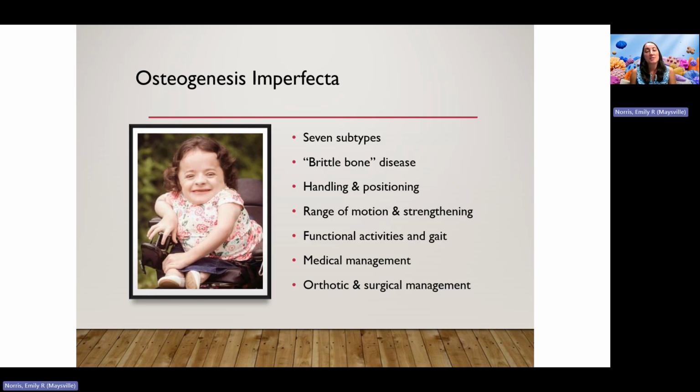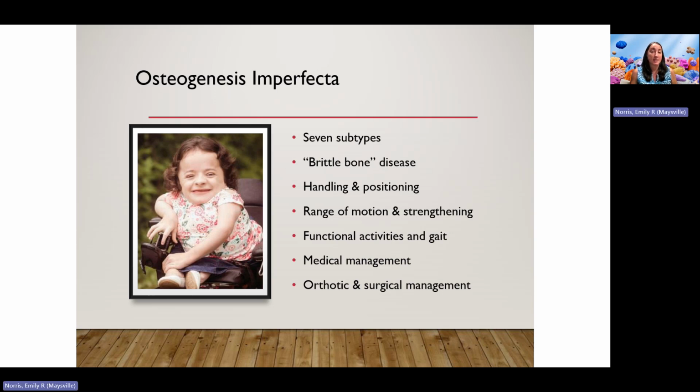Osteogenesis imperfecta, this is known as brittle bone disease. There are 7 subtypes. Primarily, you want to educate the caregivers on positioning and handling, and I will say be very, very, very careful with this population. I personally had a PTA I worked with that was trying to do some range of motion and stretching exercises with a child who had this disorder, and